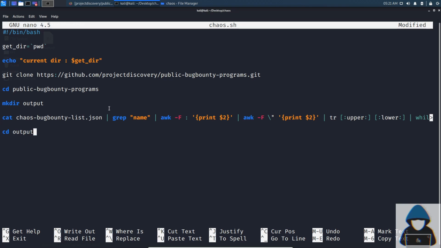Now let's move into the output directory, and we can start looping through the program names present in the targets.txt file one by one, and each program name is stored in the line variable for each iteration of the while loop.